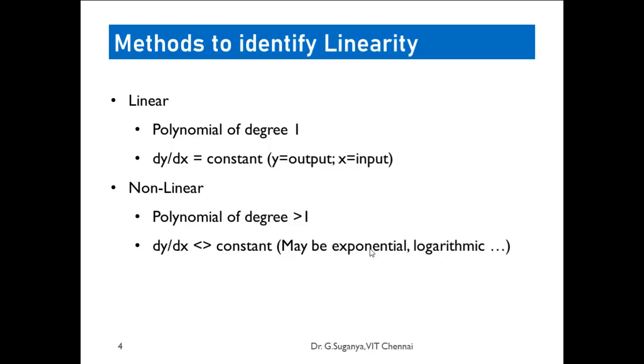Linearity is what we have discussed earlier in detail in our previous session. Any equation of degree 1 is said to be linear. If the degree goes more than 1, we say it is in the non-linear category. In a very basic understanding, when the difference in y divided by the difference in x is a constant or near constant, that is an optimized constant, we say it comes under linearity. If it is not constant, it is variable, then we say it is non-linear.